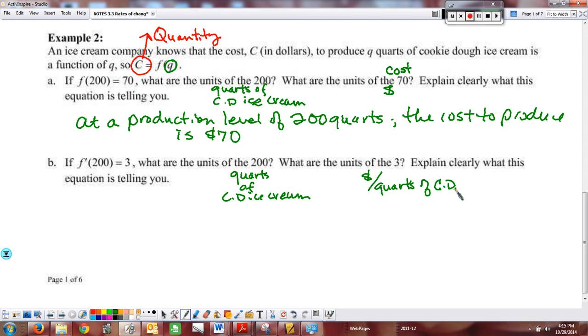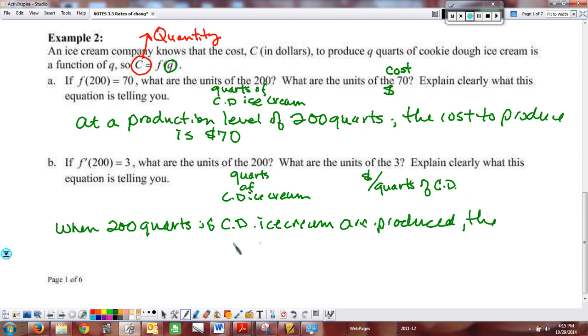If you're taking the Econ Personal Finance class, this is the idea that we're looking at, this idea that you have a idea of a marginal cost, that it is the cost of one item, not the cost of multiple items, all right? And so what is this equation telling you? Again, we're going to go back to our interpretation. We have to do the when, okay? So when 200 quarts of your cookie dough ice cream are produced,